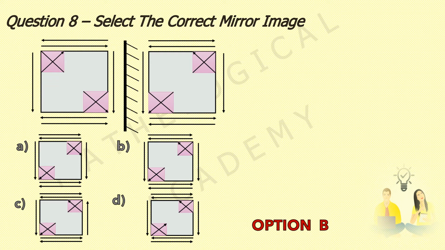Again, we'll just change the direction of the arrows which were pointing left and right. The arrows which were pointing up and down are not going to change their direction, and the arrows which were pointing diagonally up towards right will still be pointing diagonally up but towards left. The arrow which was pointing diagonally down towards right will point diagonally down towards left. So even along the diagonal, up and down will not change, only left and right are going to change.